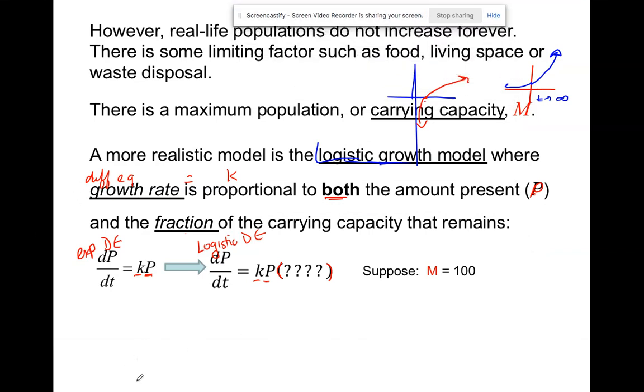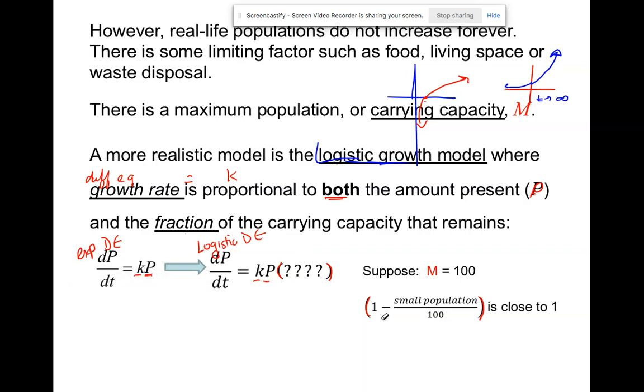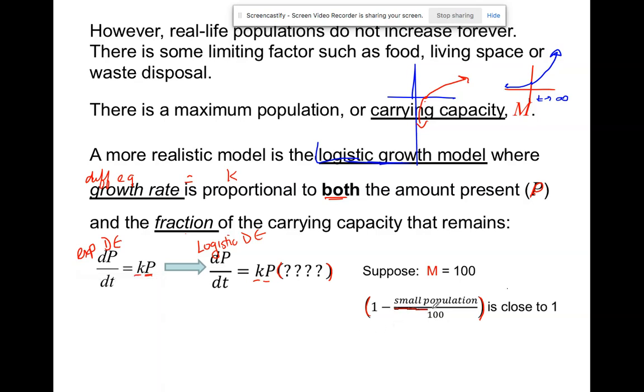If our carrying capacity is 100, I want you to think about what this expression inside the parentheses means. If I have 1, which represents a whole, imagine multiplying kp times 1. If this was a 1, wouldn't the exponential differential equation and the logistic differential equation be the same, right? However, what if it's not 1? If it's not 1, but it's 1 minus a fraction of the carrying capacity,